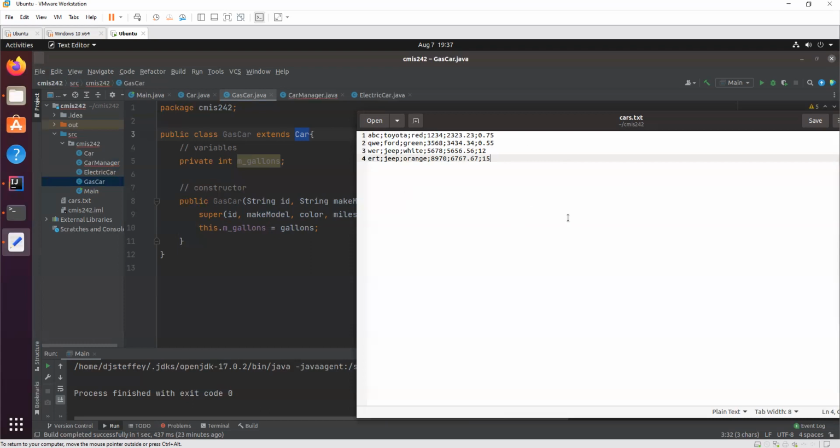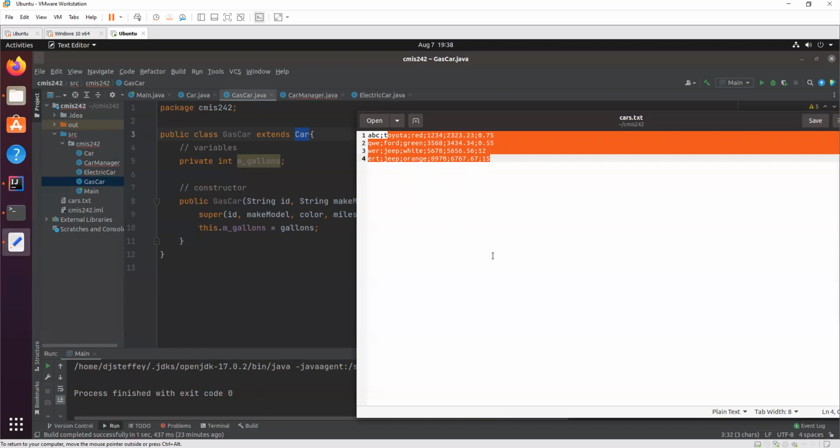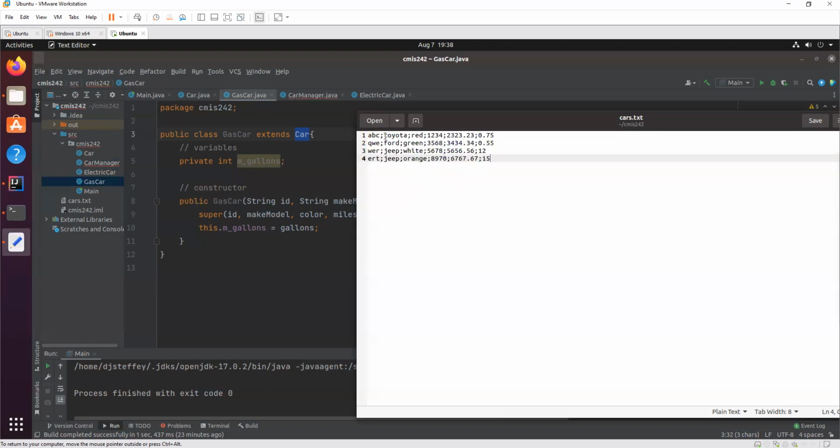How do you know which one is gas and which one is electric? Whenever you read this file in and you're making a car, how do you know to make this an electric car, and this a gas car?